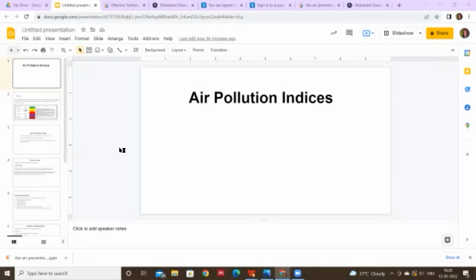Each and every person has a responsibility to know the concentration of air pollutants in the atmosphere in which we are living. So for this purpose, the government has made these indices to know the actual concentration of air pollutants present in the atmosphere. By this scale, we can easily find out the air quality of